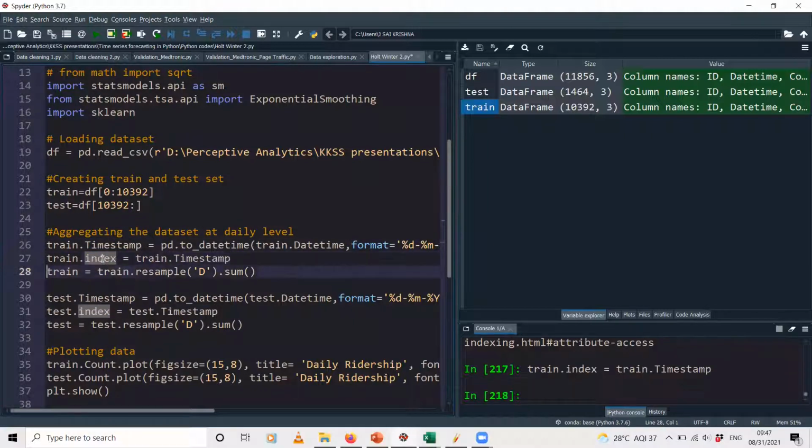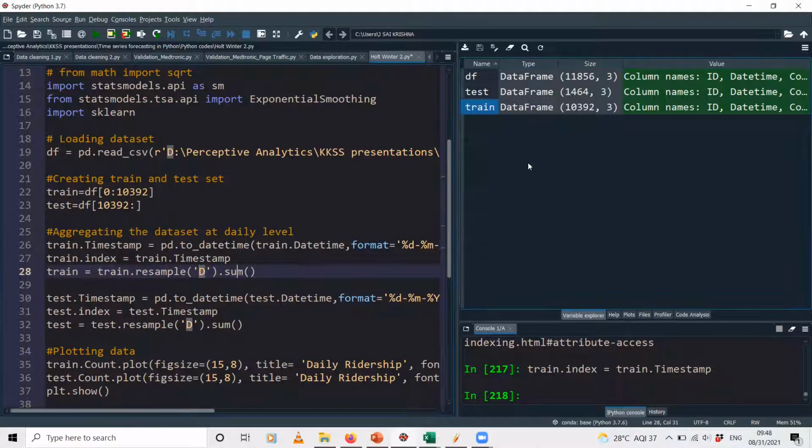All right. Now, before I run the next line of code, just observe for a moment. We took 10,392 rows from the data set, right? And we know that this data is at an hour level. Now what we are doing is we are aggregating the hour data into day level data. For that, we're using this resample function, and I'm applying it on the data set called train. So train.resample, and to what level am I taking that sample? I'm taking it at the day level. So for each day, I will just add the values for that particular day.